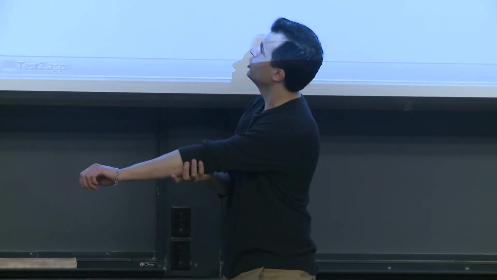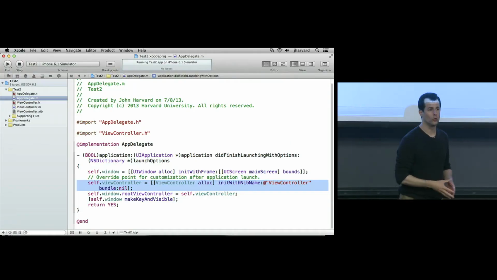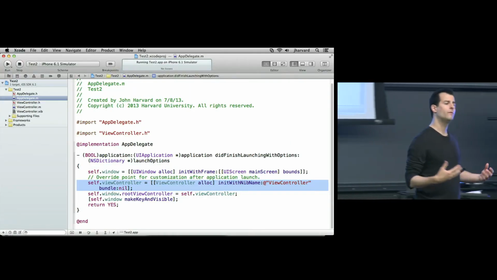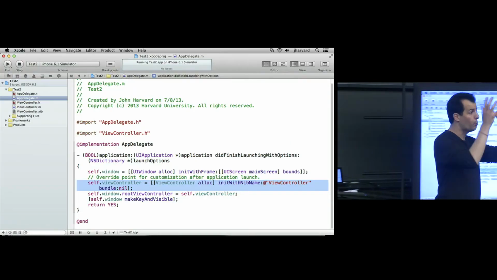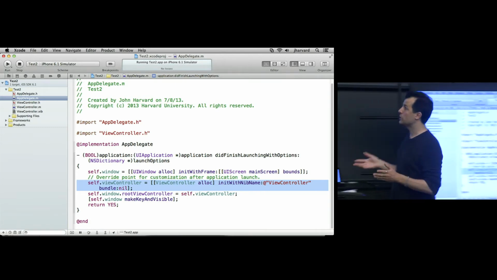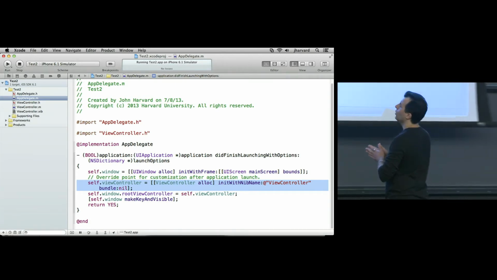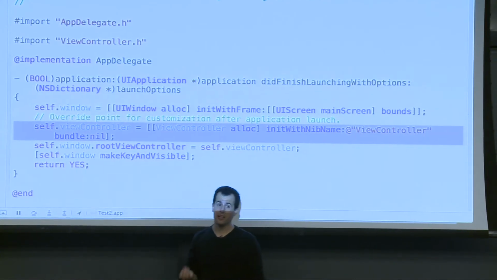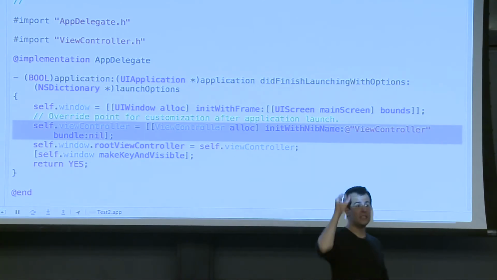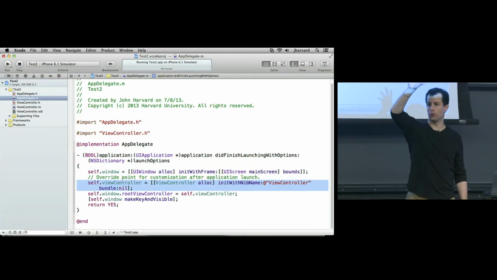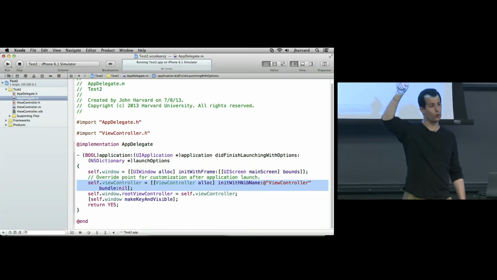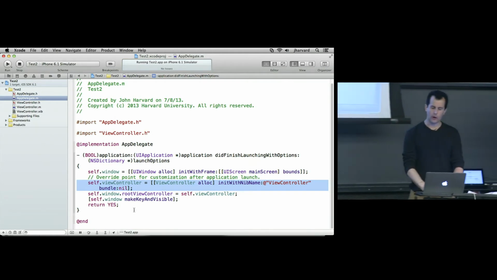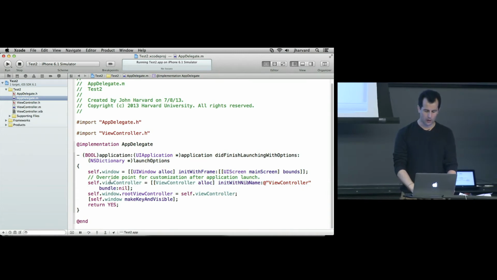So lastly, another new line, self.window.rootViewController. We didn't have this before because we didn't have a controller. Our program was so simple, there were no brains behind the scenes because it only showed a white screen. But it turns out there is a property called rootViewController whose purpose in life is to serve as exactly that, the most important view controller, the most important C controller that runs the entire operation. Now, how do I know that's the case? Again, you don't have to take all of this on faith. Let me hover over